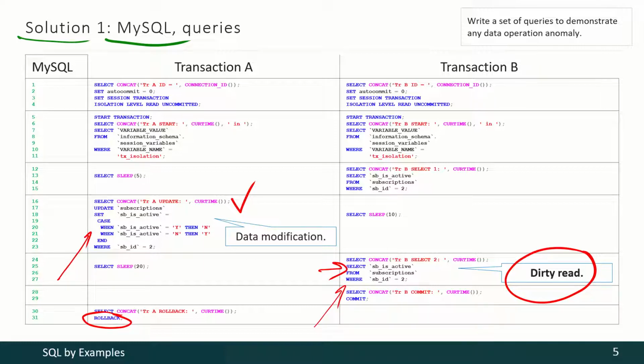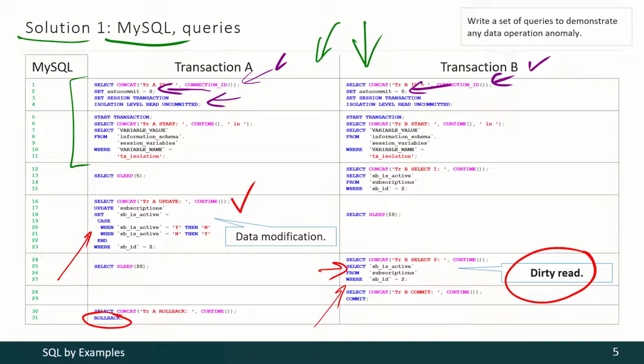So obviously here we need two transactions that will work simultaneously. In both of them we shall start with several preparations. First we have to detect the session ID and make sure that this ID and this ID are not the same. Then we have to turn off the auto-commit of implicit transactions, and then we have to set the transaction isolation level for each transaction. Then we are just starting both transactions and printing some debug messages. And then the main action starts.